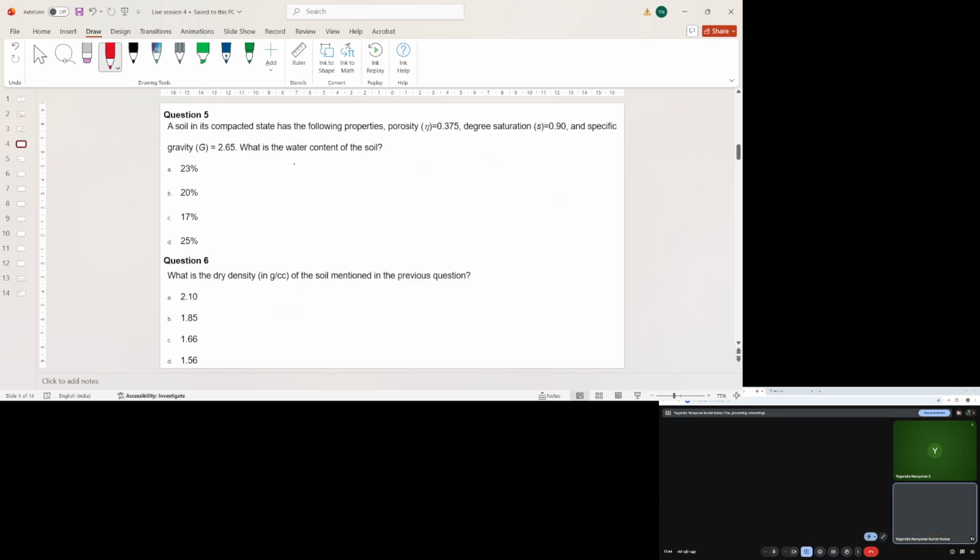A soil in its compacted state has the following properties. Porosity is 0.375, degree of saturation is 0.9, specific gravity is 2.65, and its water content is... they're asking for gravimetric water content. So if the term water content is used, ideally it refers to